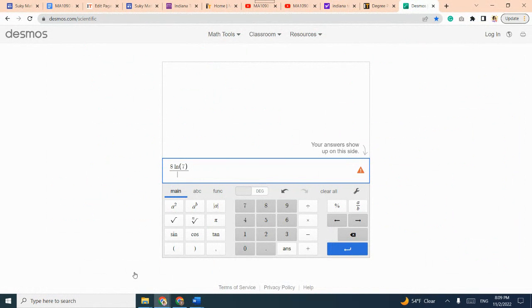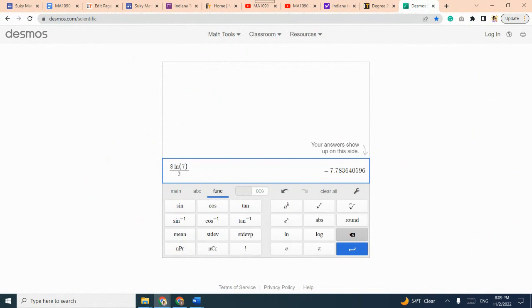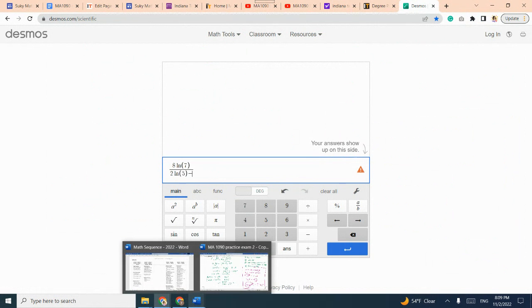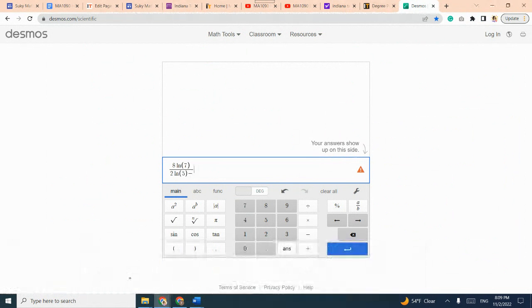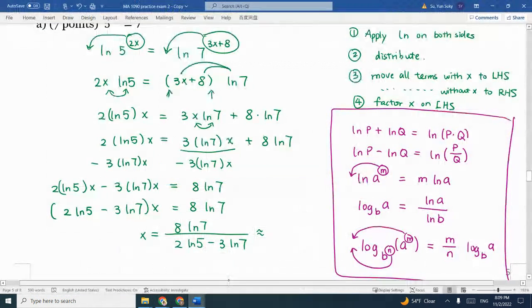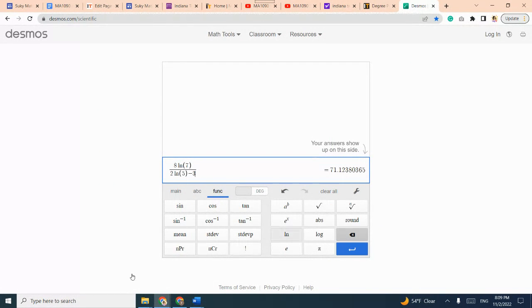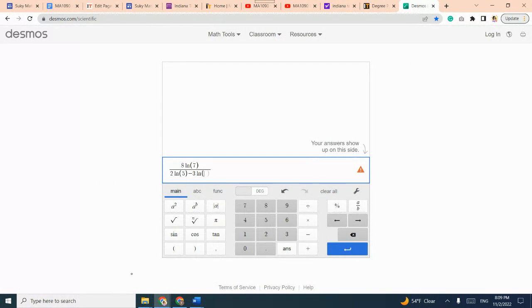So divided by 2 ln of 5, parentheses, minus 3 ln of 7. Be careful, we want the 3 to be down there. So 3 ln of 7, and then close parentheses. See, our answer, negative